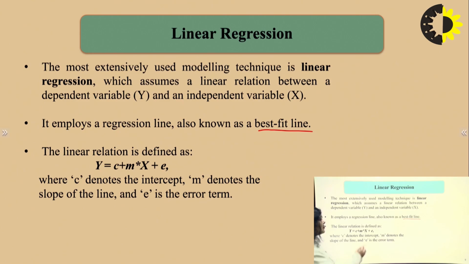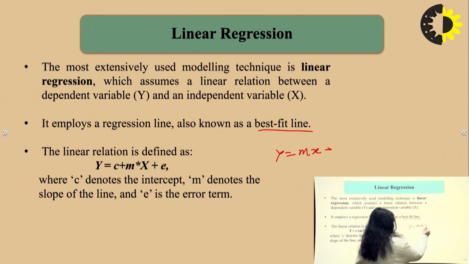So now how do we find this best fit line? First of all, since this is a linear regression model, we need to first think about how to mathematically represent this model. As we remember from the mathematics classes, a linear equation is, for example, y is equal to mx plus c,